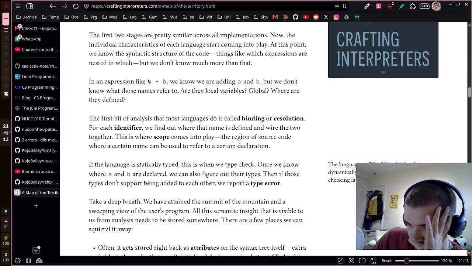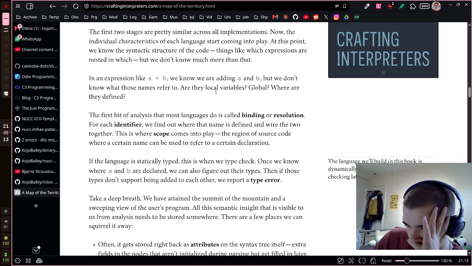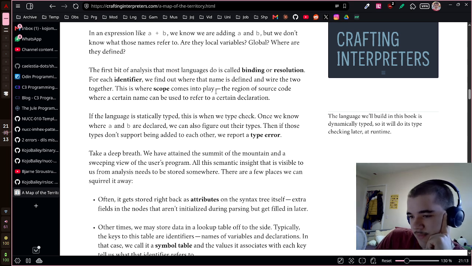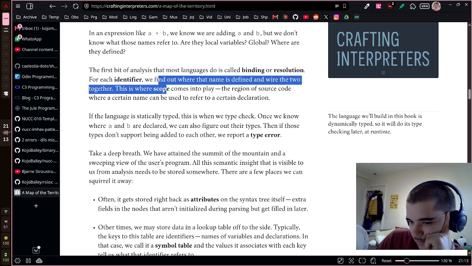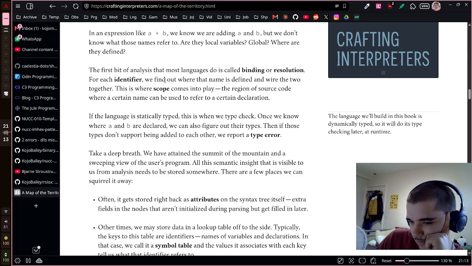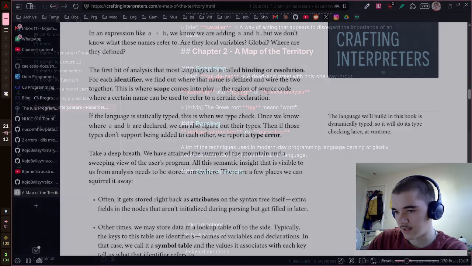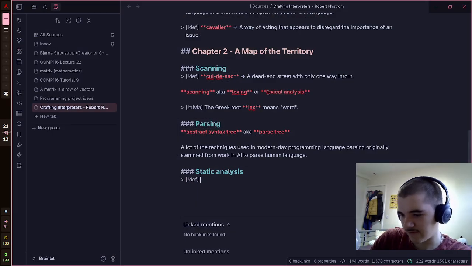In an expression like a plus b, we know we are adding a and b, but we don't know what the names refer to. Are they local variables? The first bit of analysis that most languages do is called binding or resolution. Okay, so binding or resolution is